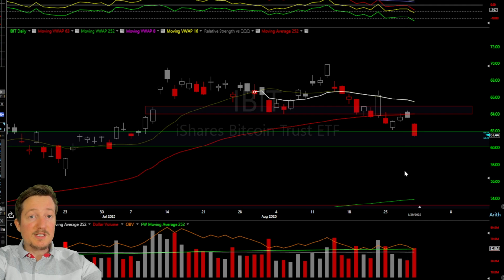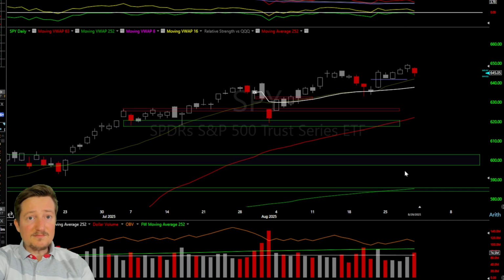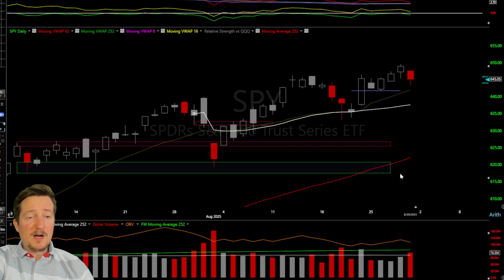So let's move on to the S&P 500. This is the S&P 500, same moving averages as I said before. This is actually a stronger index than some of the leading indexes, like Bitcoin is leading and the NASDAQ is leading. So this doesn't really have the same sort of structure as, let's say, the NASDAQ with the head and shoulders pattern, but it's still there. It's a weaker kind of head and shoulders pattern. As you can see here, this is kind of the neckline right here, and then boom, boom, boom.